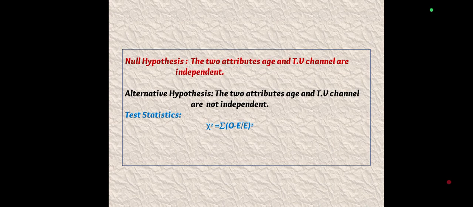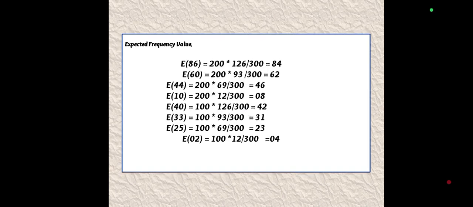Now, we fix the null hypothesis and alternate hypothesis for the given problem. The null hypothesis is that the two attributes, age and TV channels, are independent. The alternate hypothesis is that the two attributes, age and TV channels, are not independent. Next, we are going to use the test statistic formula. The chi-square equals the summation of (O minus E) whole square divided by E. Using this formula, we are going to find